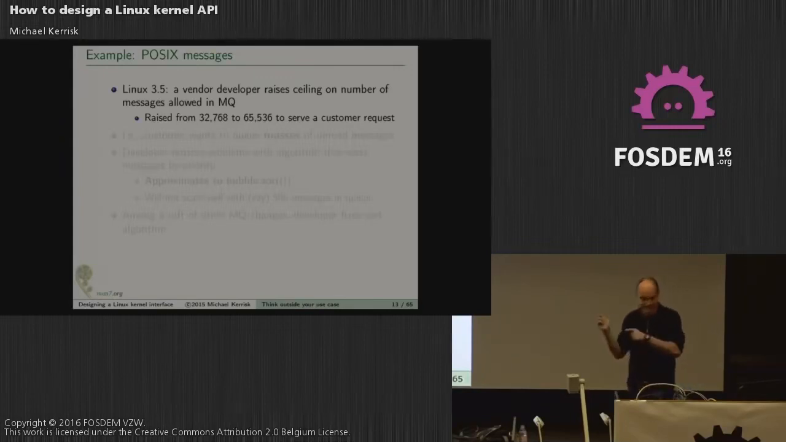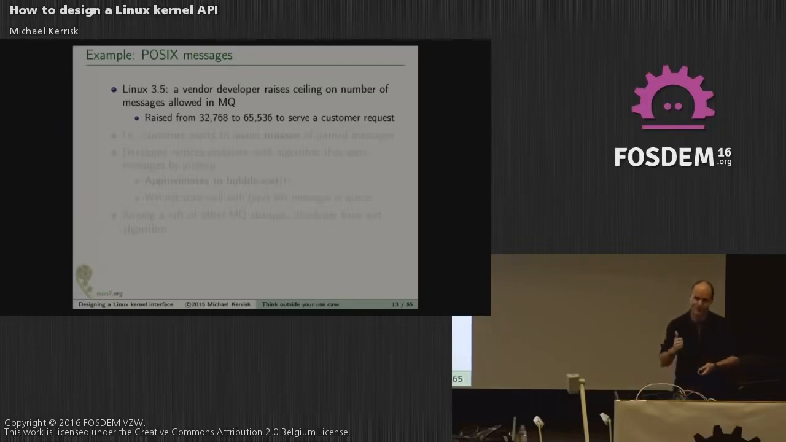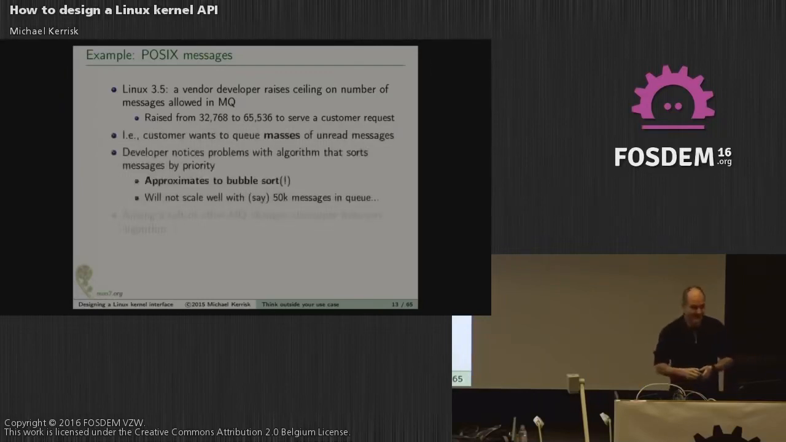Now, those are funny numbers when you think about the use case I just talked about. Most of the time, there's very few messages in the queue. He wanted to raise the limit to 64K. In other words, the customer he was working with wanted to put vast numbers of messages into a queue, treat the message queue as a kind of dump. And